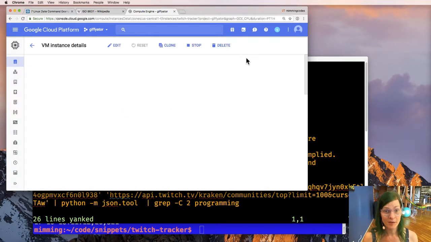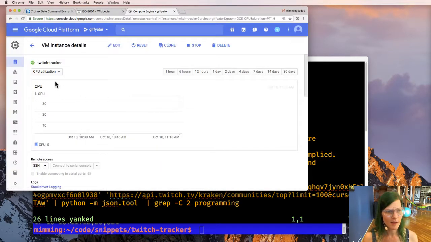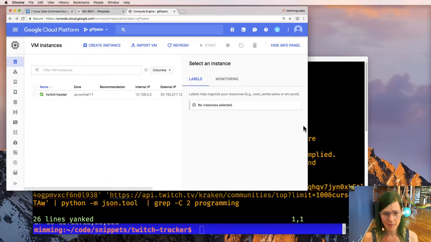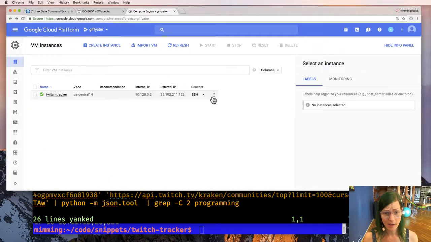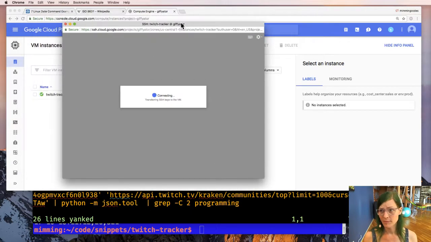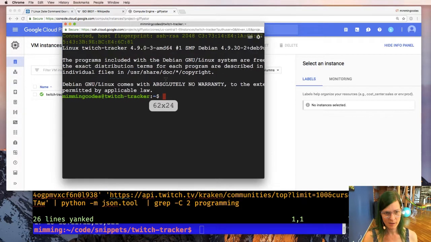So let's SSH into this thing. We're going to SSH in directly. Can I SSH in? Is it set up that way? Have I set up the firewall rules to allow me to SSH in? Yeah, I did, apparently. So I'm going to click on that. Going to SSH in. We will do the dance while the keys are copied to the VM. Establish the connection to the SSH server. Oh my gosh, that font is so tiny.